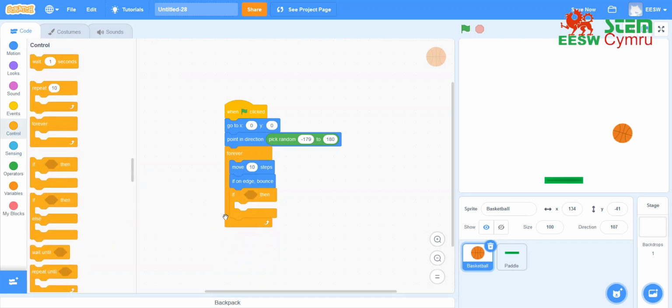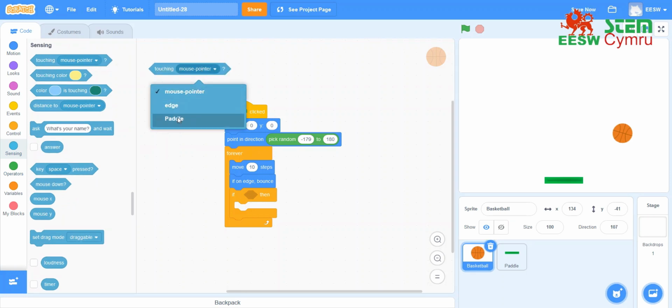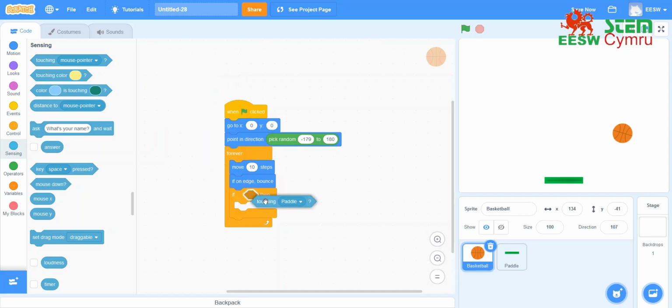We're going to place it inside our forever loop because we want the ball to change direction every time it touches the paddle, not just once. Over to sensing, we have this block here that says touching mouse pointer. If I click mouse pointer, I can go down and change it to paddle and place it in here. If the ball is touching the paddle, then